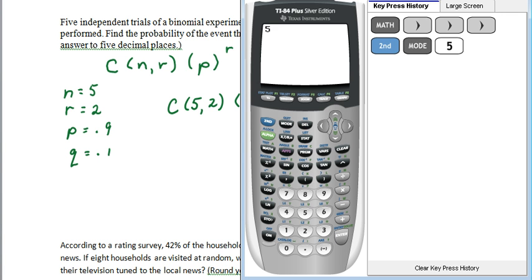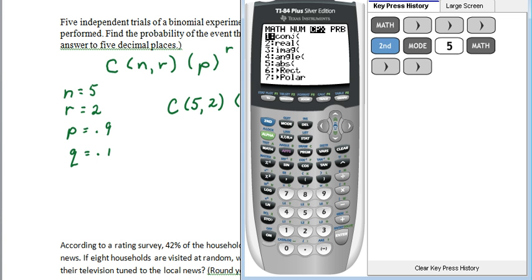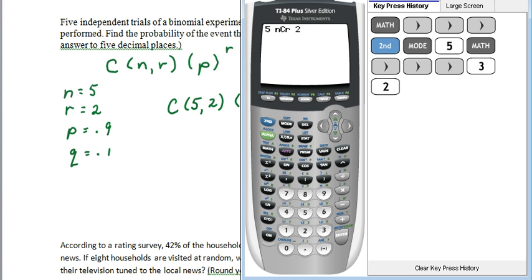So 5 math, 3 right arrows, number 3 for combinations, and then 2. So we've got 5 nCr 2